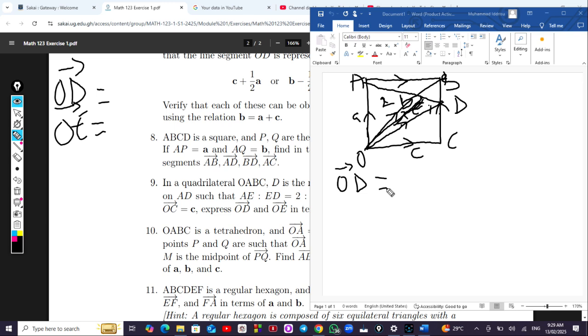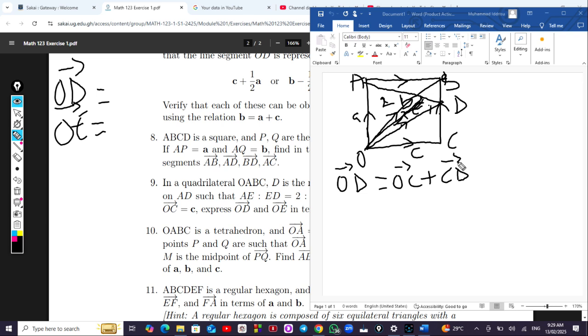So OD will be OC plus CD. So we have OC as C, but we don't know CD. So before we can find CD,